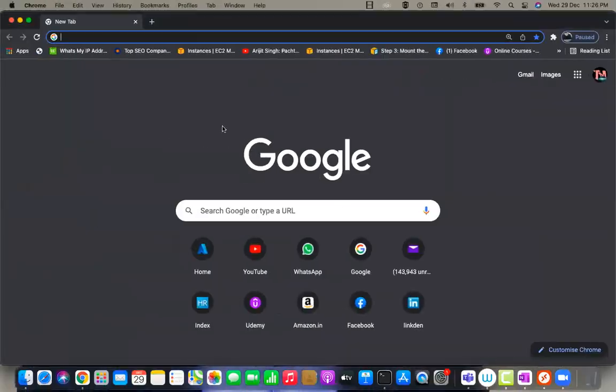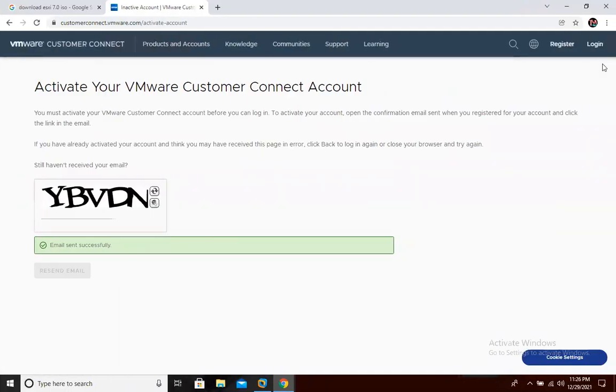Now I want to download the tool. Activation is done here, we just need to download the required software.